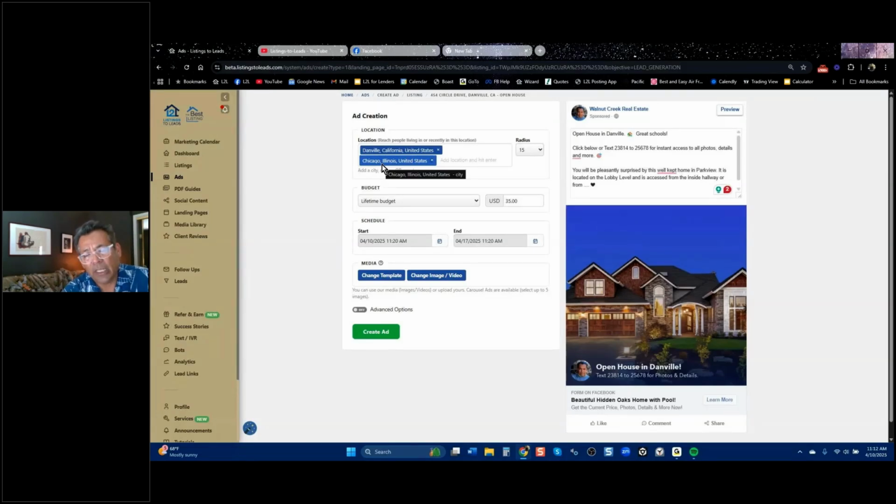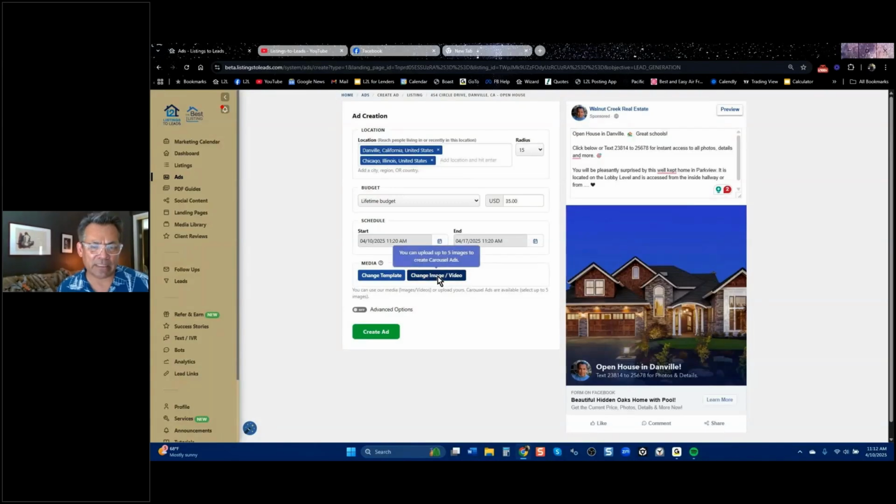So being able to target other cities with your homes, and you may not be in Miami, you might be in Lake Tahoe, which is a couple hours north of me. Beautiful lake, nice homes. People want to move out of the big cities down here in the flatlands. And so you could target your home that's for sale up there 200 miles away and say, hey, I want people in that city to see that. So targeting in other cities is really smart.